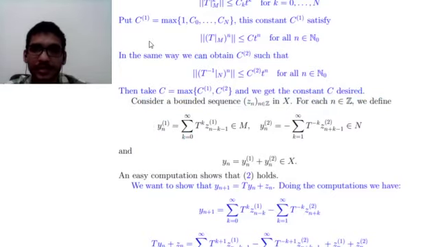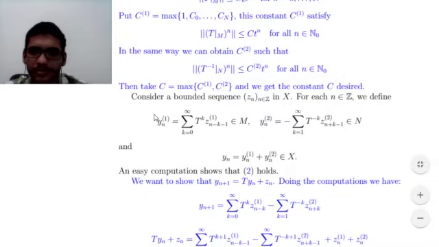So let's continue here. Consider a bounded sequence c_n in X. For each n in N, we define this. This is a tick. Okay,